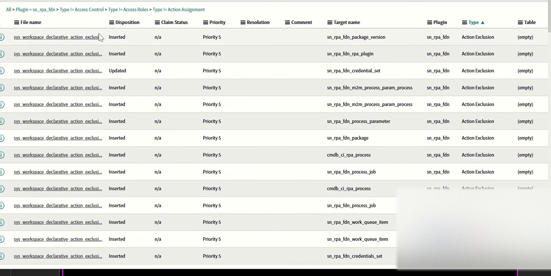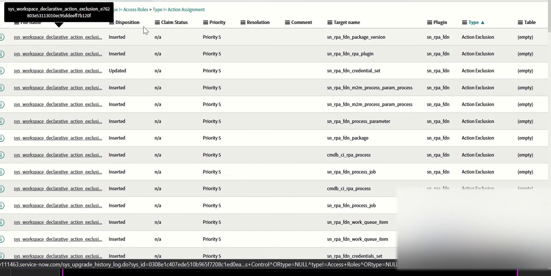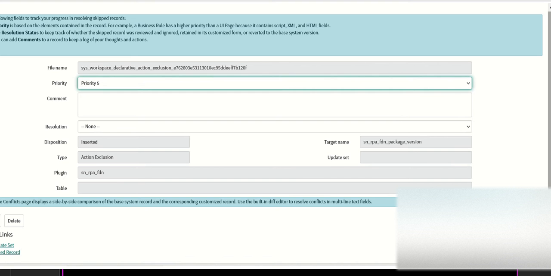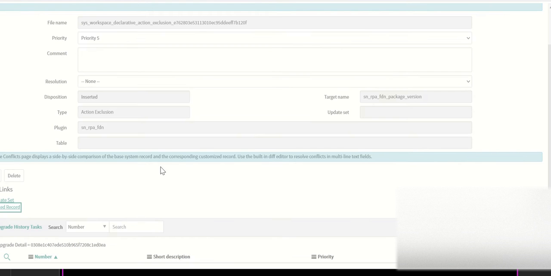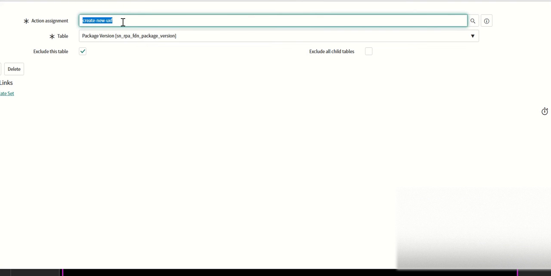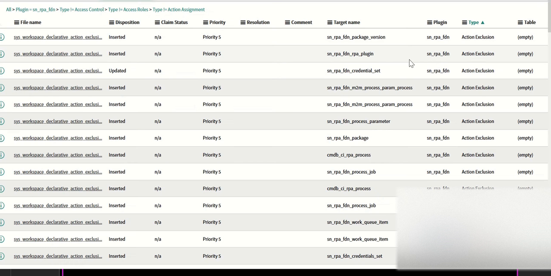Next is action exclusion. The table is sys workspace declarative action exclusion. So if you open the record, you'll see that there is action assignment, table, and exclusion. So basically we are saying that this action assignment is excluded for this table. Similarly,